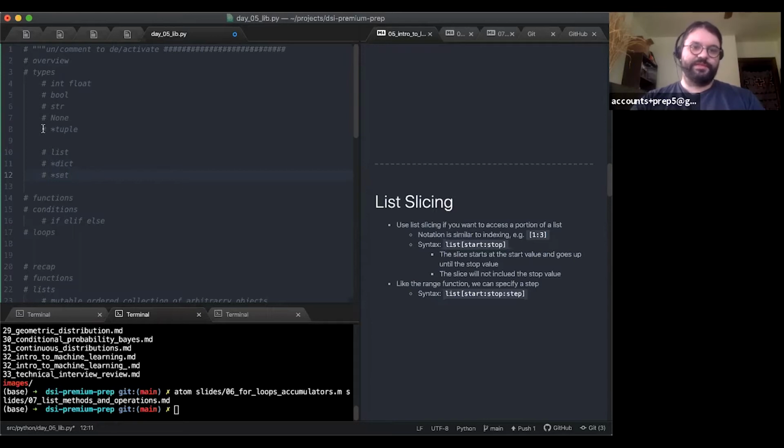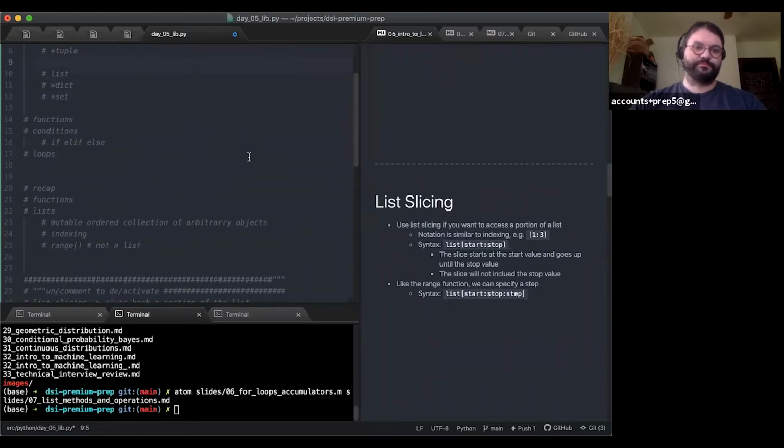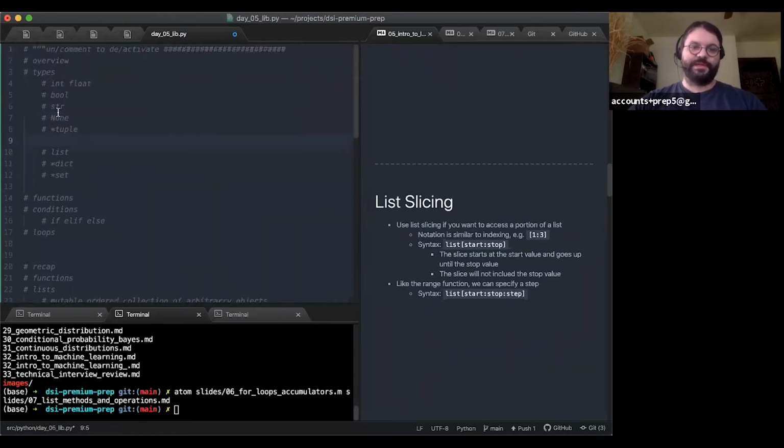So there are only 3 types left. So there's only 3 types left that we are going to discuss that we haven't discussed yet. And of those 3, dictionaries are basically the major one. And these other 2, you'll see how they fit in. But yeah, cool. So these are our types. These are our basic built-in types in Python. We've talked a little about each of these. We're going to talk more about lists today.